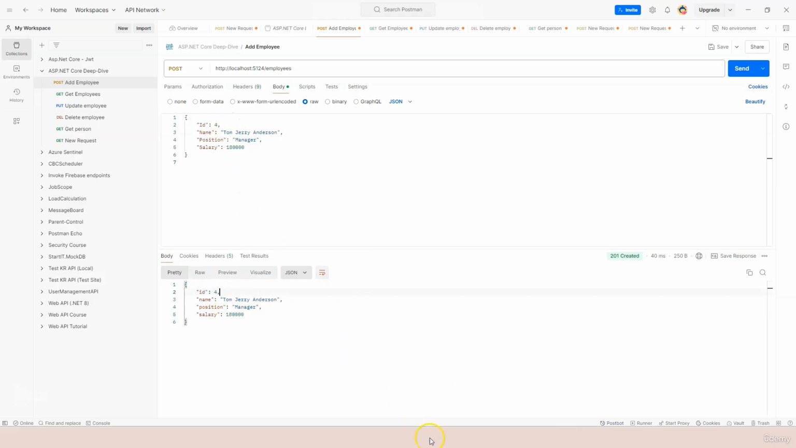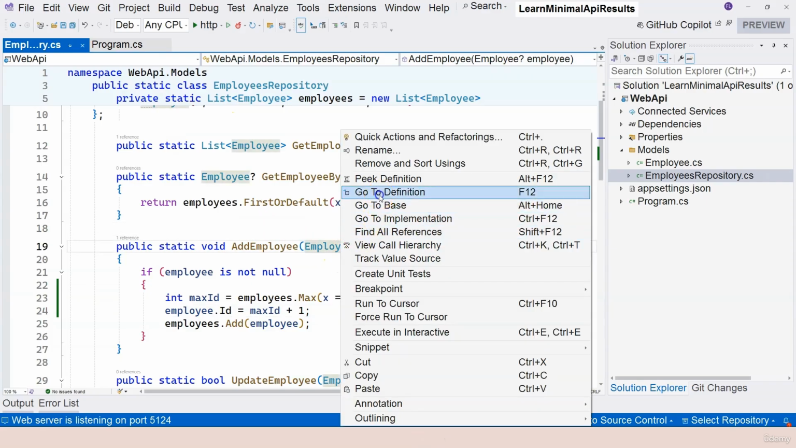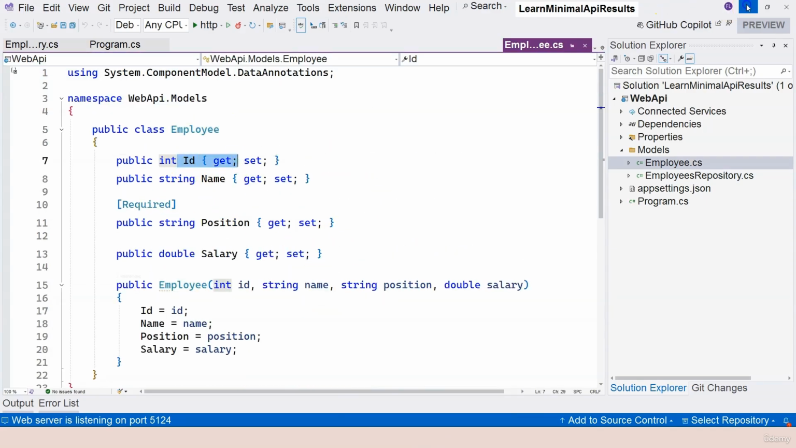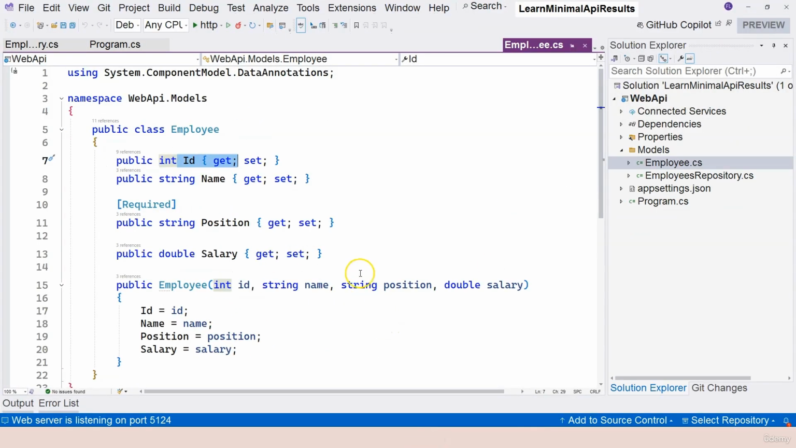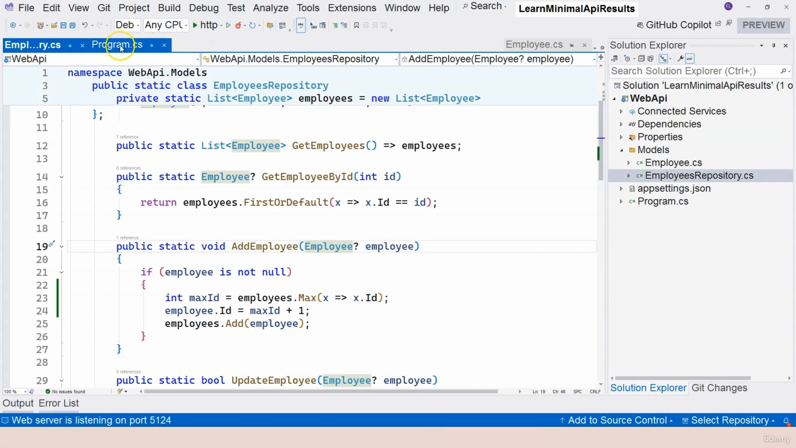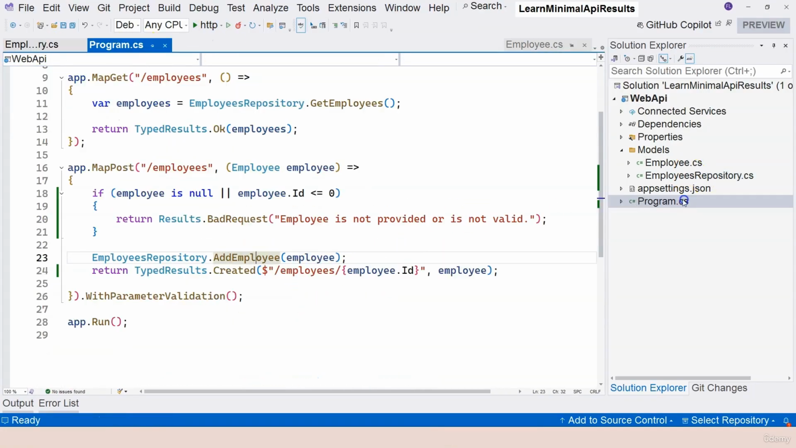Okay, and I believe ID is not required. So let's go over here, make sure. Okay, ID is not required. So in fact, when we create new employees, we don't need to provide ID. So let's delete this, and let's create another one. This time we're going to call it Jerry Anderson, developer, and the salary maybe 150,000, and click on send again. Now employee is not valid because ID is not provided. Well, that's fine. ID doesn't have to be provided because we already have functionality that takes care of this,